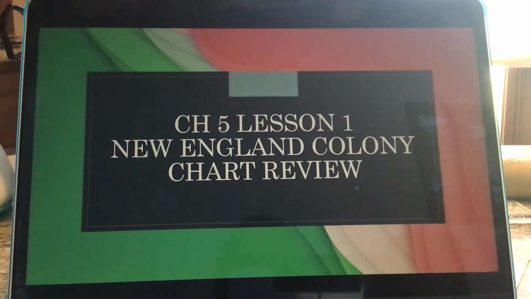There are actually 5 columns, or 5 rows, but Plymouth Colony and Massachusetts Bay Colony were all part of Massachusetts. I just divided it up because they had 2 kind of different groups that were forming some settlements there. Then you had Connecticut and New Hampshire and Rhode Island that you listened to on that video. So I want to go over those charts. Make sure you filled in the information that you need from that video.